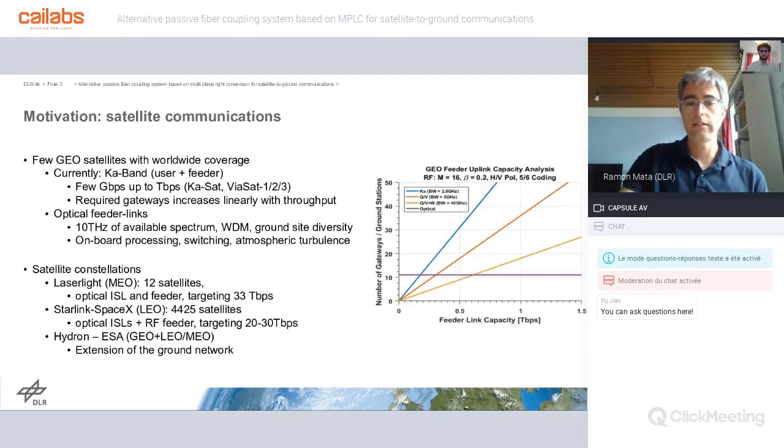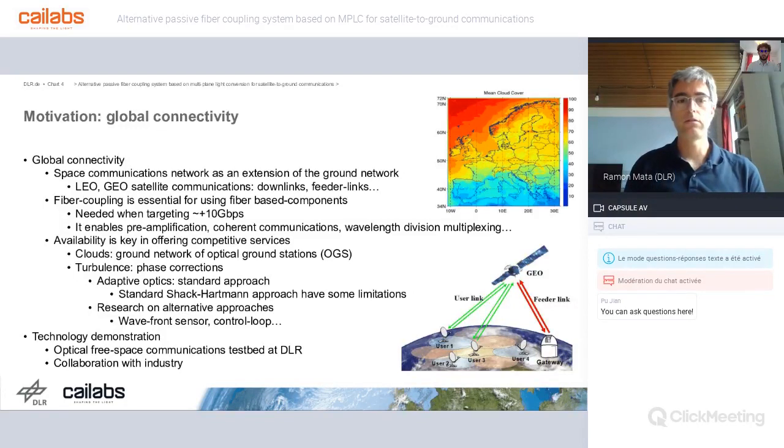So I go to the next slide. As I mentioned here, we would like to extend this ground network to space with different satellites, including LEO and GEO. But for that, we need fiber coupling. We are relying on the optical technologies developed for fiber communications. That means we come out from a fiber after modulating and amplifying, and we need to come back to a fiber to use, for example, DWDM, so multiple optical channels together, in order to reach these data rates.